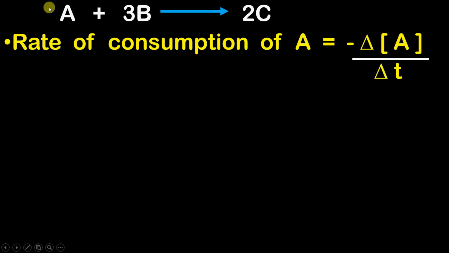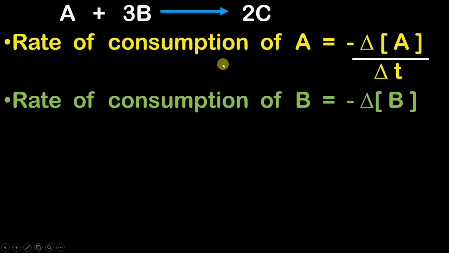Now, we have calculated the rate of consumption of A, but there is one more reactant present. So first of all, we also need to calculate the rate of consumption of B. So again, the formula is simple. That is nothing but change in concentration of B divided by change in time. Again, the concentration of B is going to decrease over time because B is a reactant and reactants decrease as time increases because they get converted into products. So the concentration is going to decrease. Am I right?